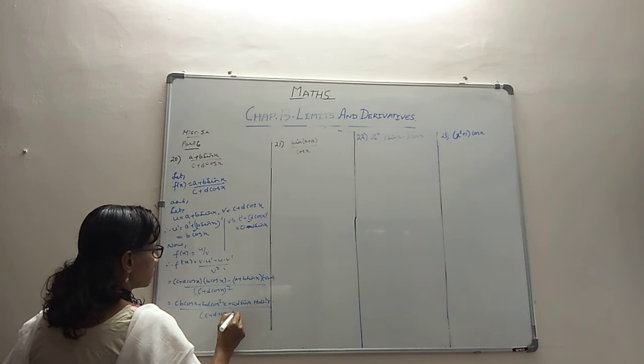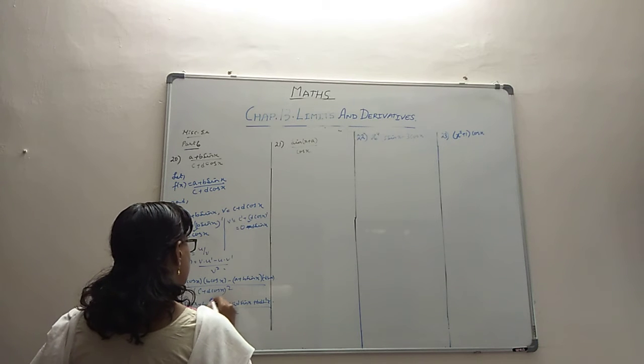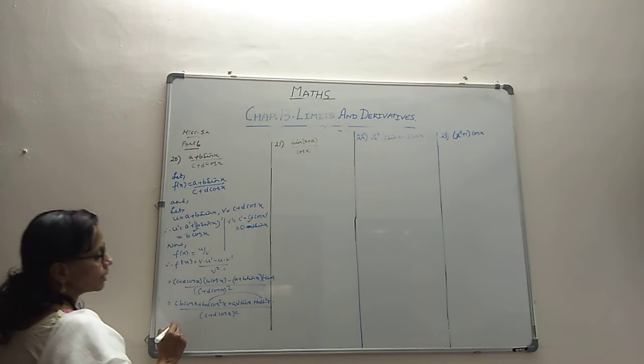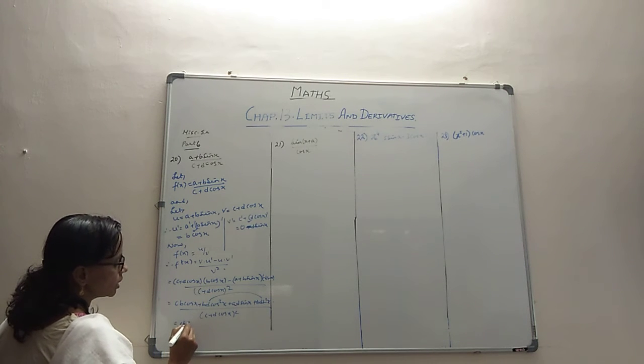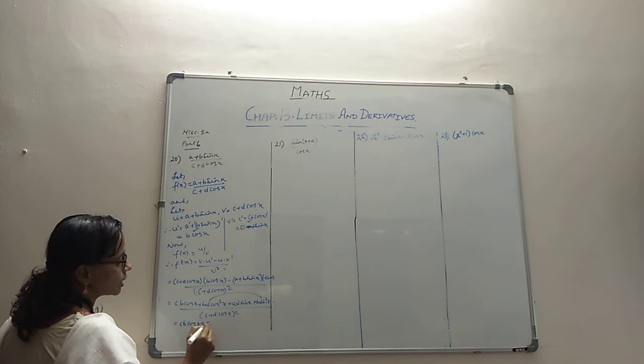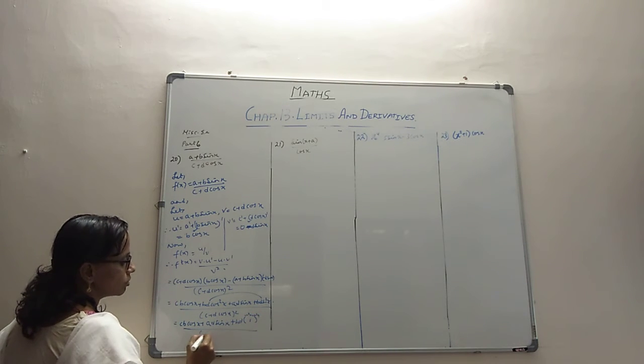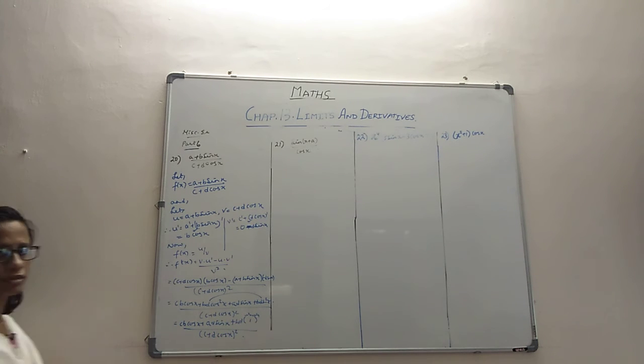I wonder if there can be any simplifications done. Yeah, I think this can club together. bd comes common, and then you have sin squared x plus cos squared x inside the bracket. That will be 1, and the remaining terms will stay as they are: cb cos x plus ad sin x, and bd into the bracket, which is 1 because cos squared x plus sin squared x turns out to be 1. So that is your leftover term, bd. So bd into 1 is bd itself, over (c plus d cos x) the whole square. That's the derivative of this.